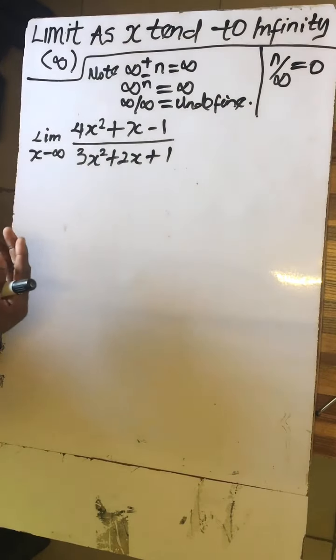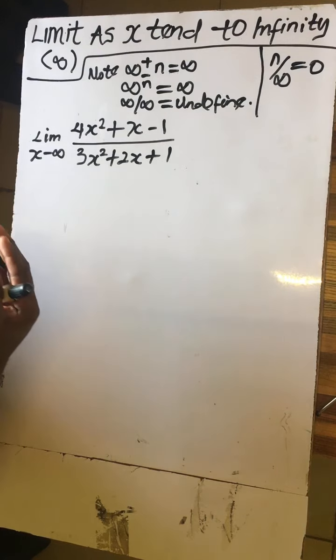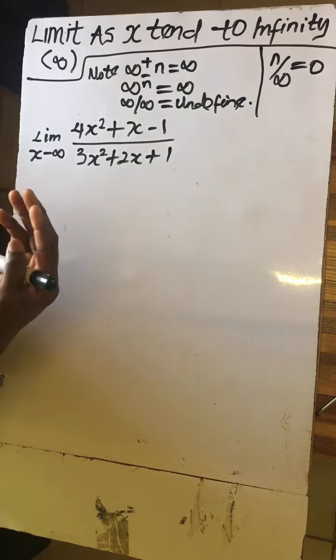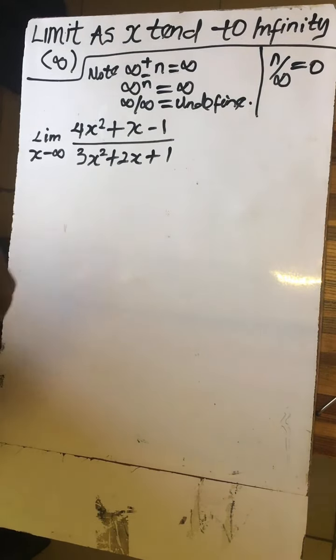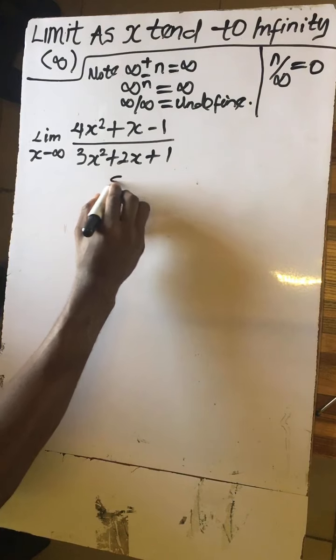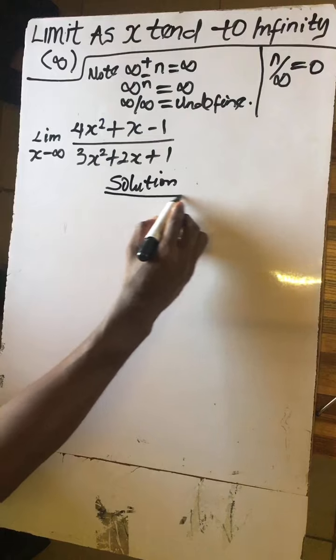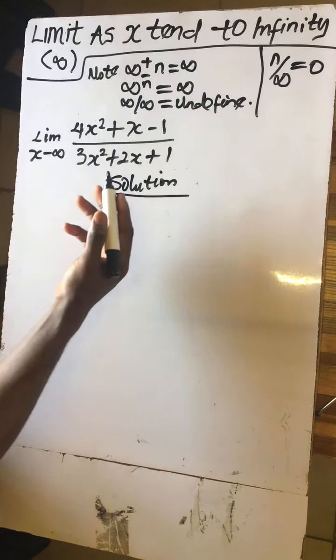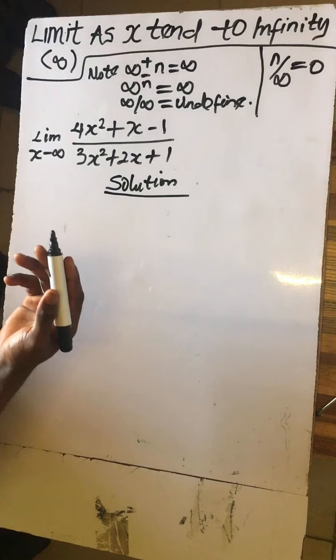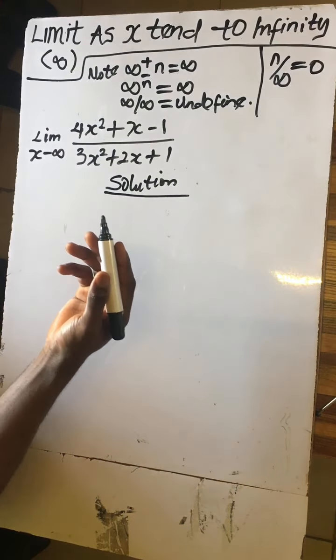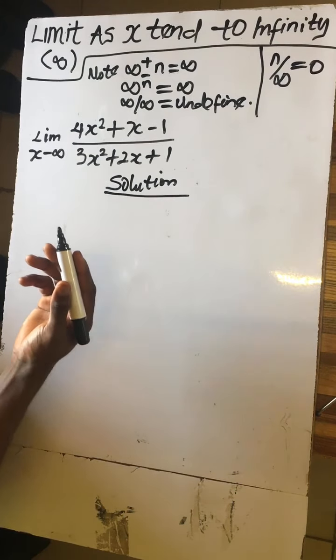So let's take this question, where we have, as x tends to infinity, 4x squared plus x minus 1 divided by 3x squared plus 2x plus 1. So for us to solve this question now, we write our solution. We have 4x squared plus x minus 1 divided by 3x squared